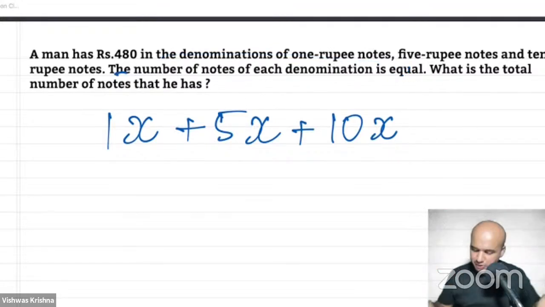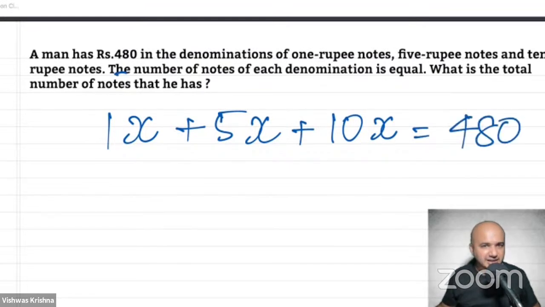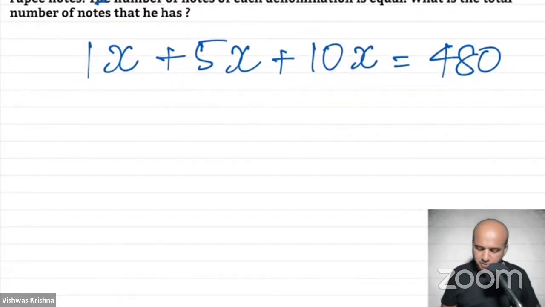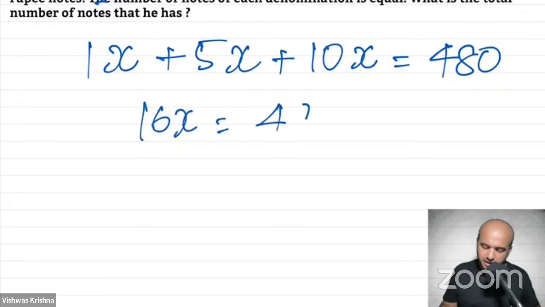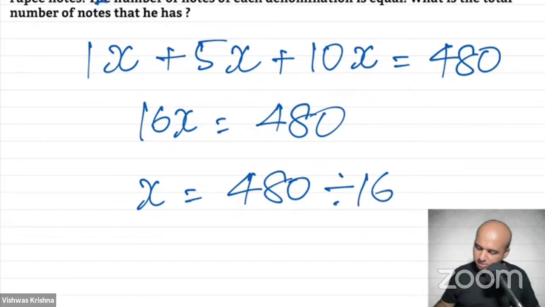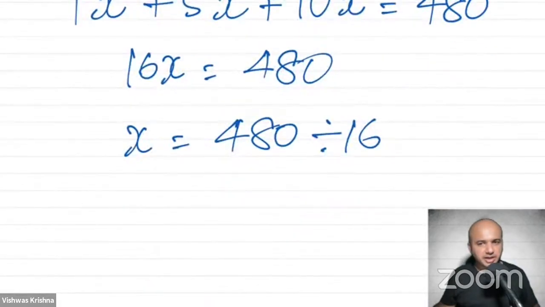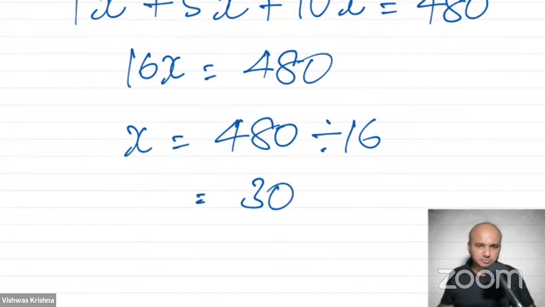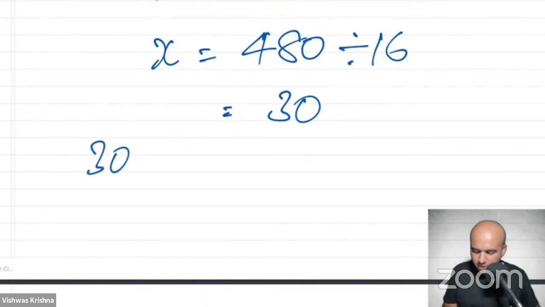But when you total all this, it should be equal to 480 rupees. So how do we simplify this further? That's easily done. X plus 5X plus 10X equals 480. That's what we know. So if we total this, it will be 16X equals 480. So X will be 480 divided by 16. 16 times 3 is 48, no? So this is nothing but 30. That's all. So that means we have 30 1 rupee notes plus